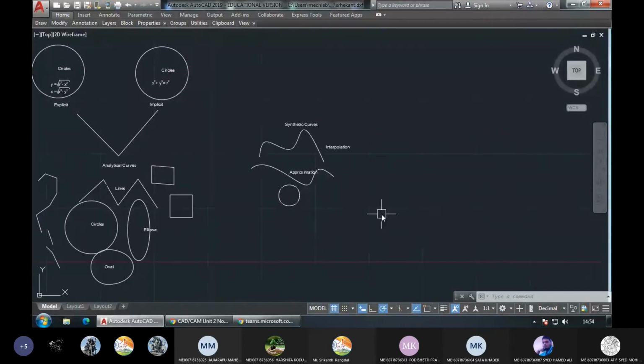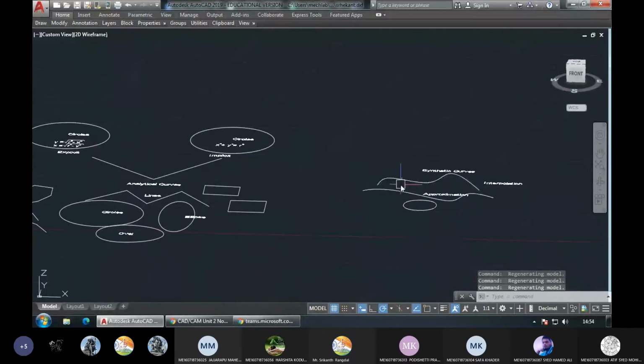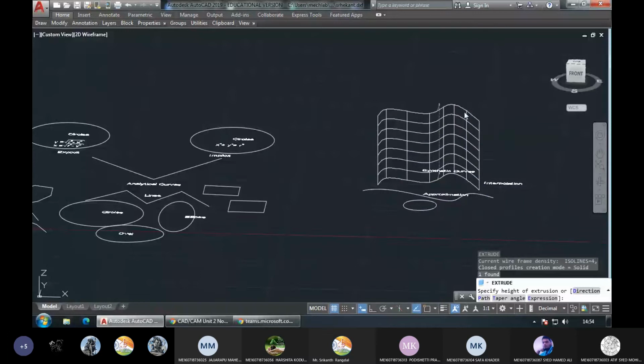So when we are coming to the surfaces, surfaces will be, of course, in 3 dimensions. So I'll slightly rotate it, and let me extrude this.